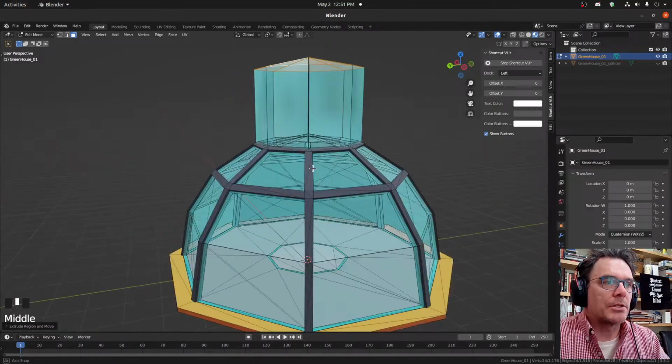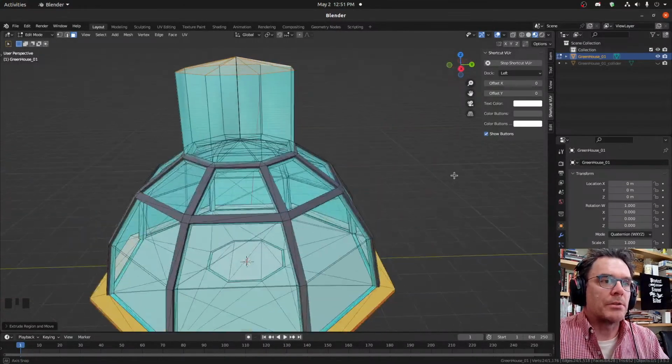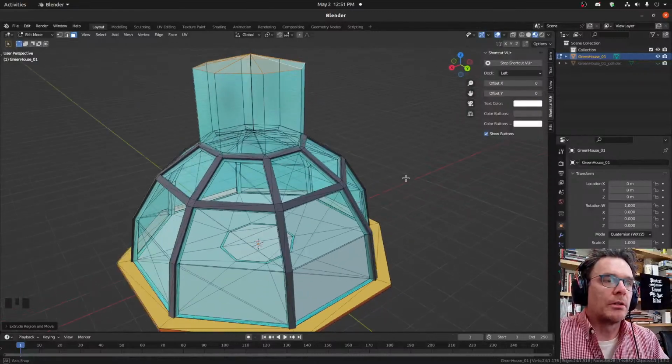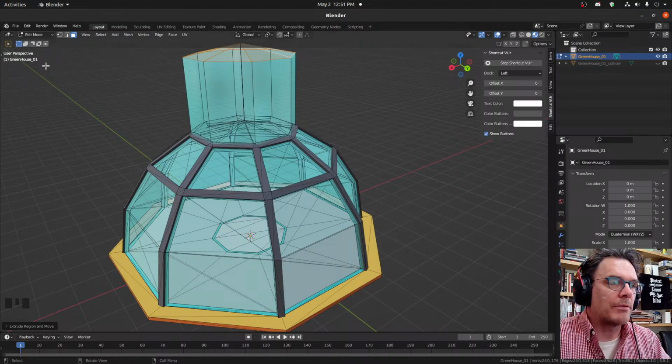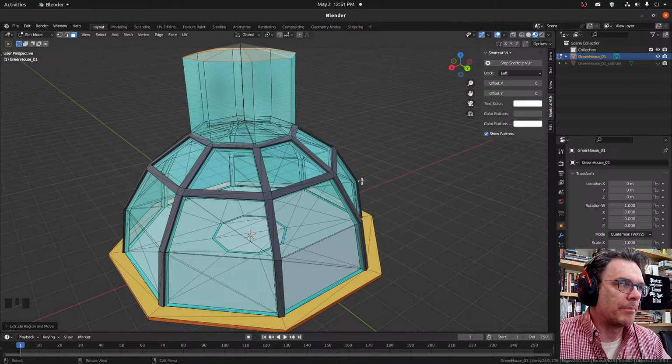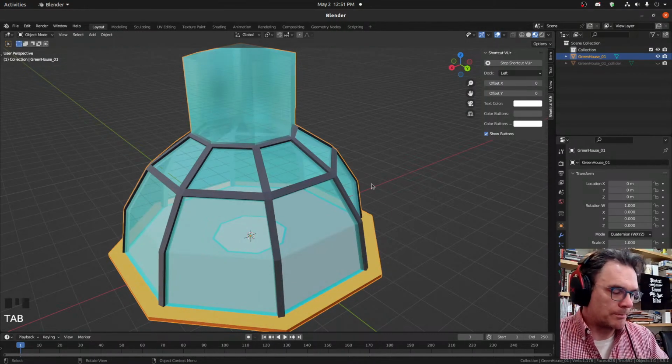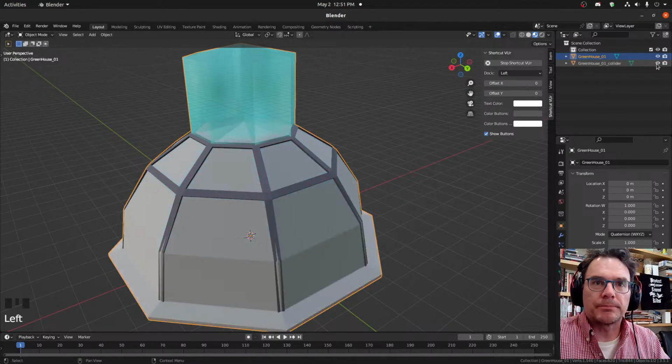Okay, so there. I wanted a taller glass structure on the top. Okay, so something that we will obviously notice. So let's say I've edited it. That's how I want it. I'm going to tab back into object mode. I'm going to turn back on